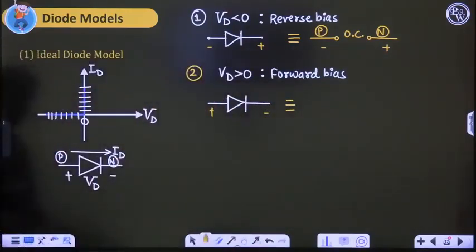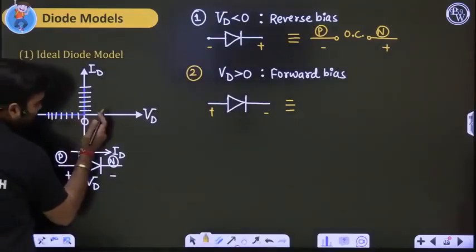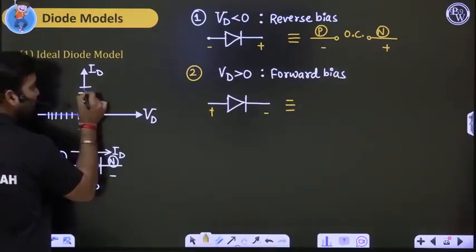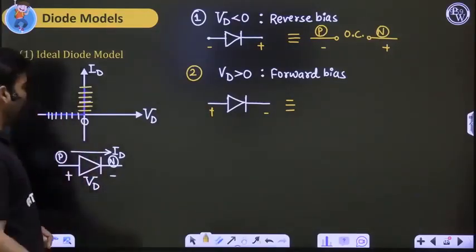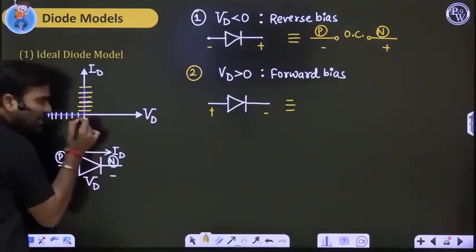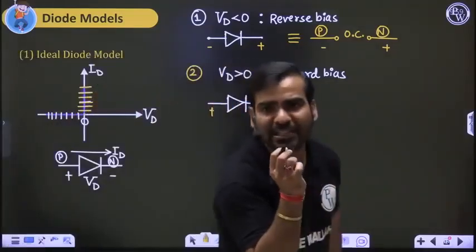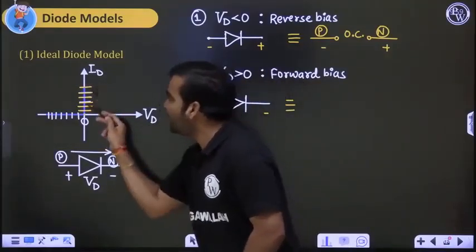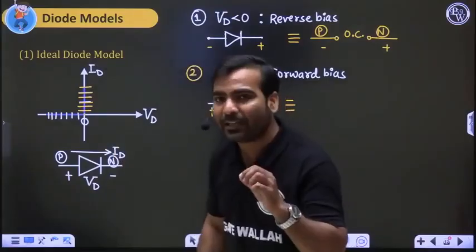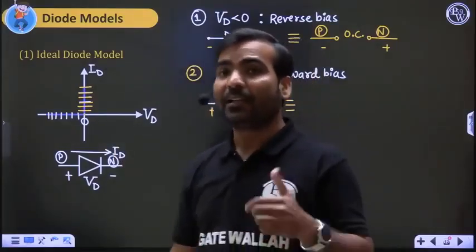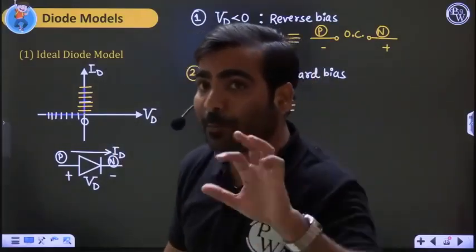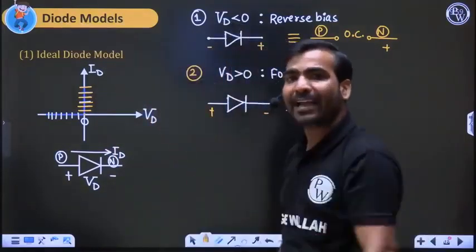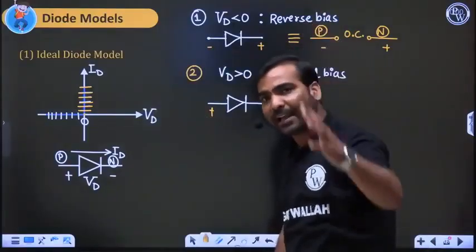According to this characteristic, what we are seeing is, when voltage is 0 plus, current can take any value: 1 milliampere, 2 milliampere, 3, 4, 5, 6, 7. Any current can flow, but the voltage is how much? Just zero. The voltage across the diode is just 0 plus, but current can take any value. Which element in the network is like that, that can have zero voltage drop but can allow any amount of current, from 1 milliampere to 10 milliampere, 20, 30, any current?